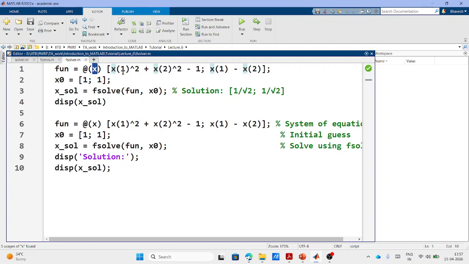So here I have two equations which I want to solve, right? You can consider that this is the equation of a circle, this is the equation of a line, and you want to find the intersection of them, where your x1 and x2 satisfy both equations, right? So in that case your equations 1 and 2 will look like this. I provide the initial guess, okay, and use the fsolve command to find its solution. Okay, so if I run it,